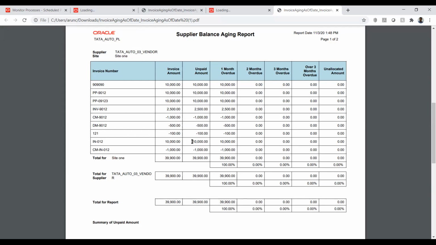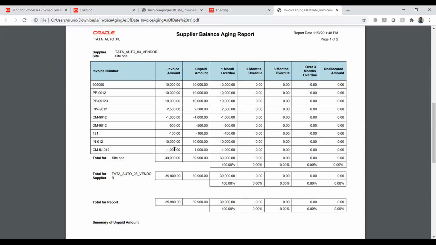Yes, correct. In receivables it will be a different treatment. In payables, what happens is that the customer will raise the negative amount, so that we call a debit memo.